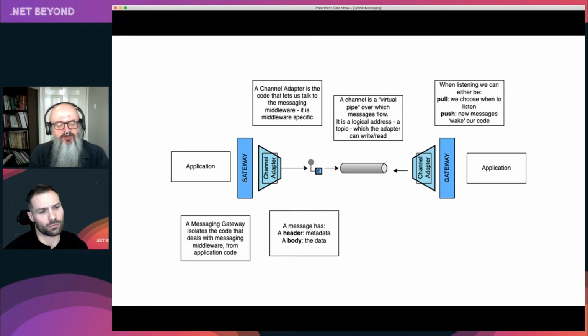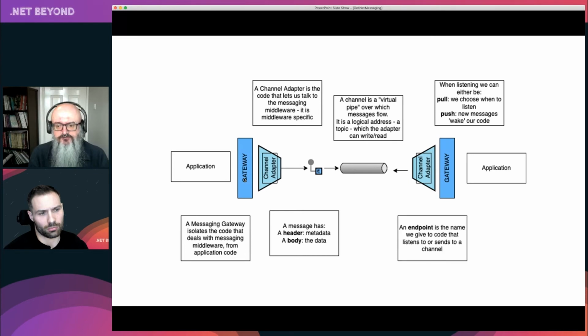And then we get this model we talked about earlier. It can either be pull or push. I'm either polling the channel and saying, is there anything new? Is there anything new? Or I get push, where I register with the channel and say, when there's something new, can you tell me? And when the channel gets something new, it says, I've got something new, here's a message for you, and it gets pushed to you. There are trade-offs, but we might not get into those today. There's not necessarily enough time today to get into those trade-offs.